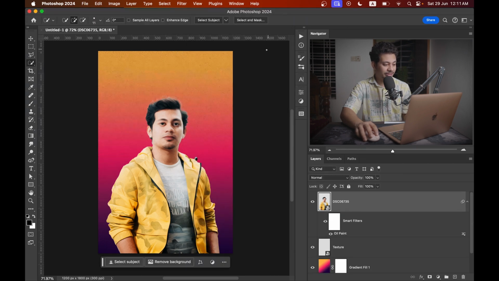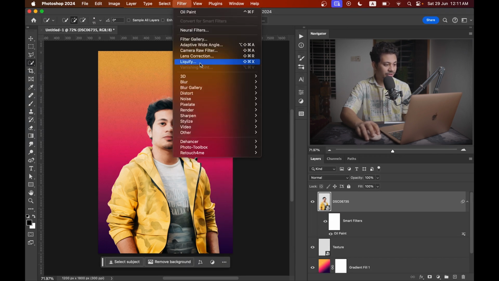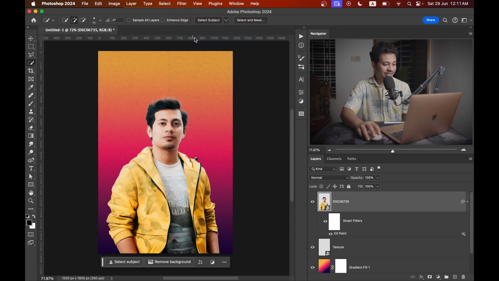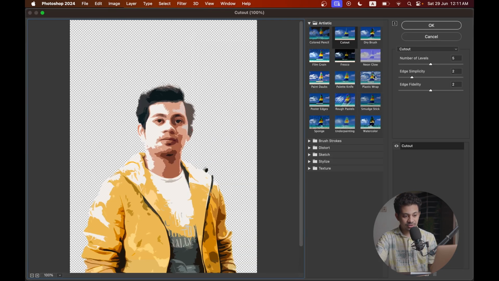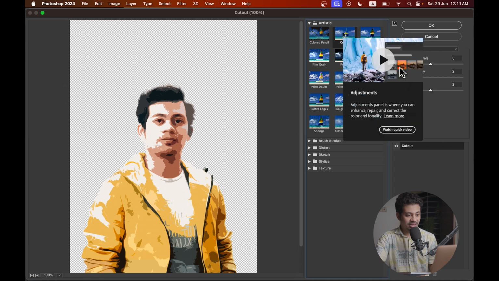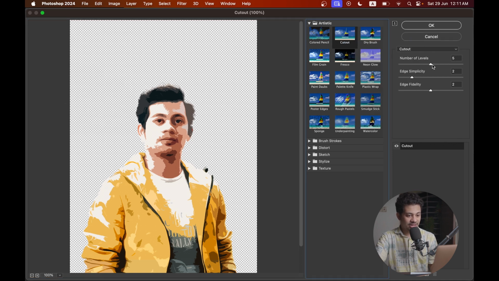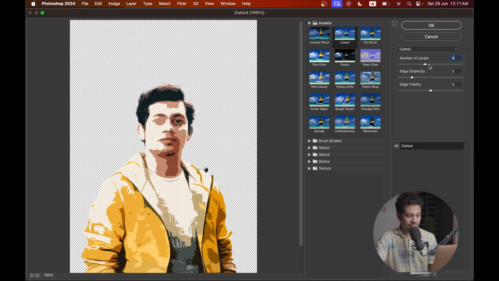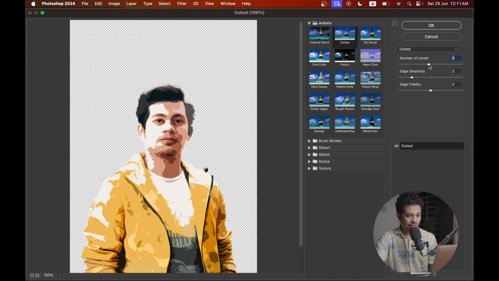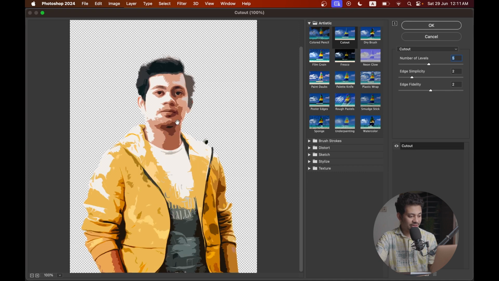Just hit the OK button, and for the last one I'm going to Filter Gallery, and here you just select the Cutout option. You will find it in the Artistic category, and I'm going with, I think, 5 looks good, simplicity 2, and fidelity 2. So I'm going with this. So press OK,